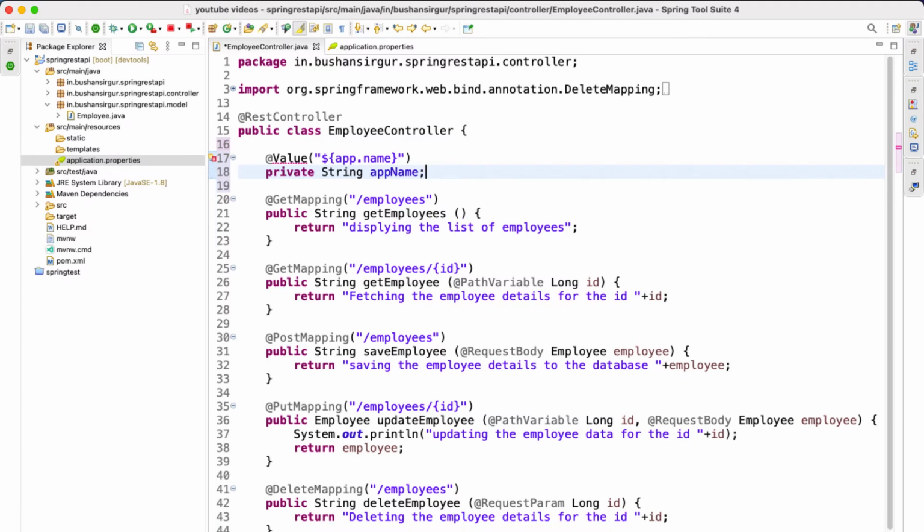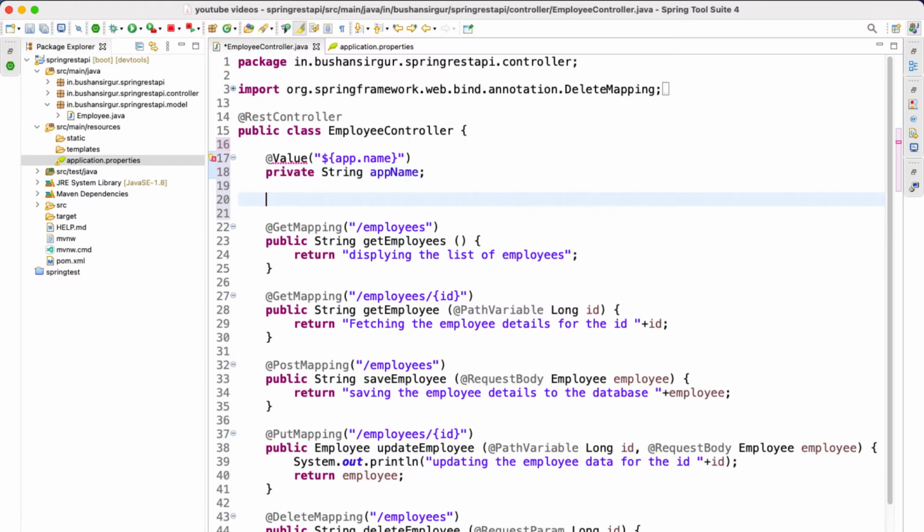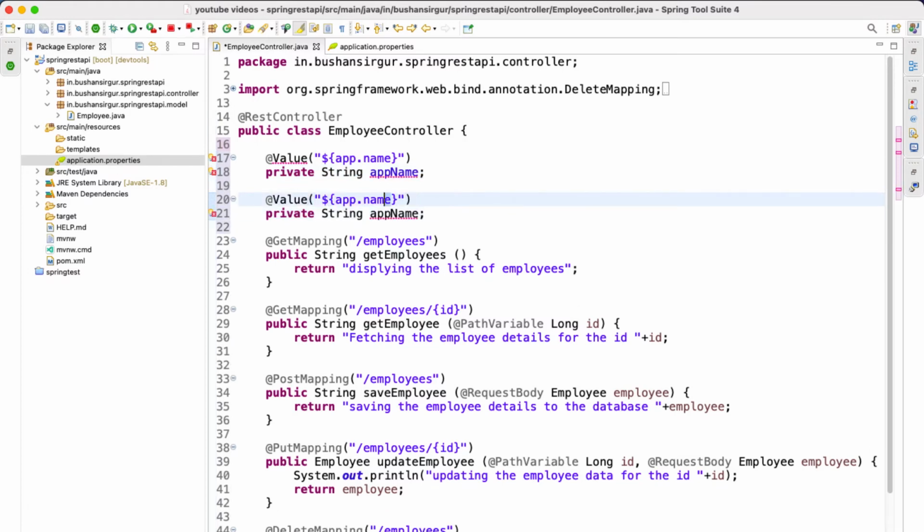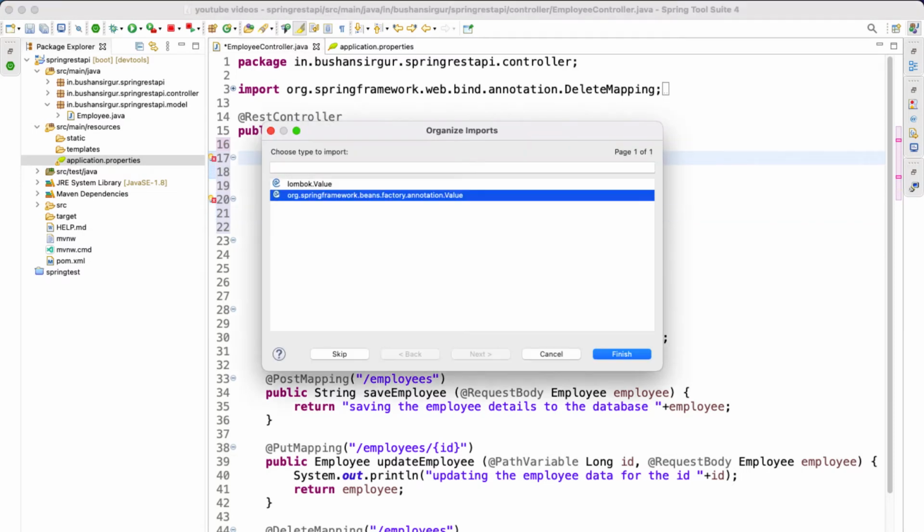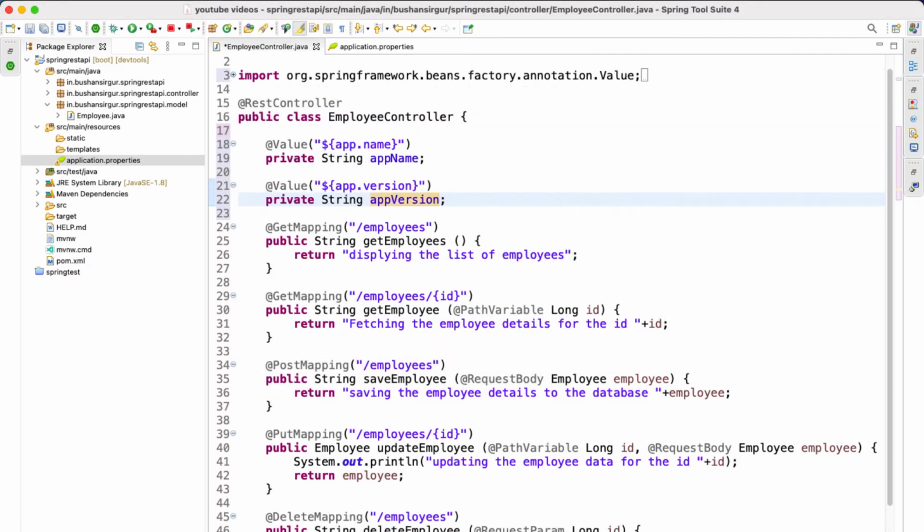Similarly, we copy this and paste it down: app.version, and this will be appVersion. Let's import the @Value annotation, which is from org.springframework.beans.factory.annotation.Value, not from Lombok Value.